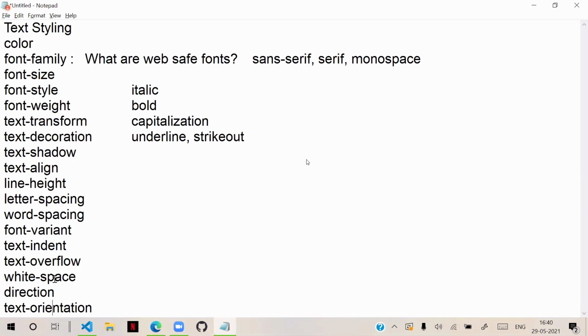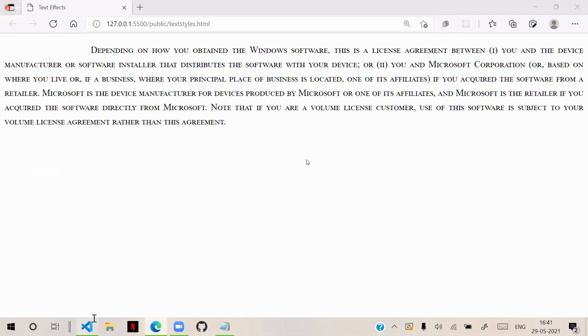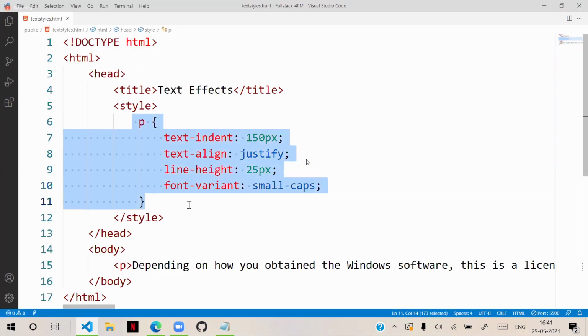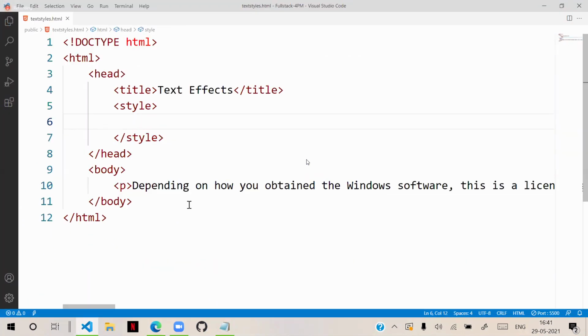For example, suppose we are writing some paragraph here, okay? We keep that paragraph in some div, in a container.